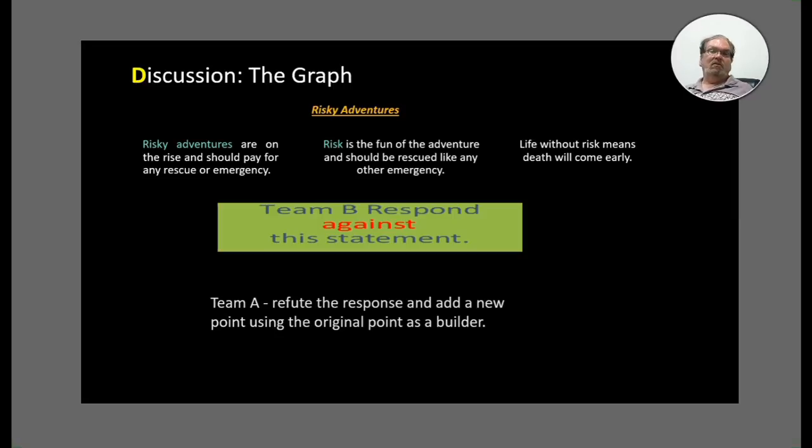So you need more than just the first argument. You need to have support for other ideas. You want to think about more ideas that support your first one. Write it out, talk about it, and like you have 3 here, risk, adventures, risk is the fun, life without risk. Okay, risk is the key word here. Now you want 2 more or 1 more, depending on how big your team is.